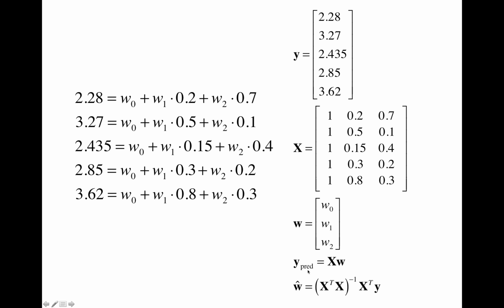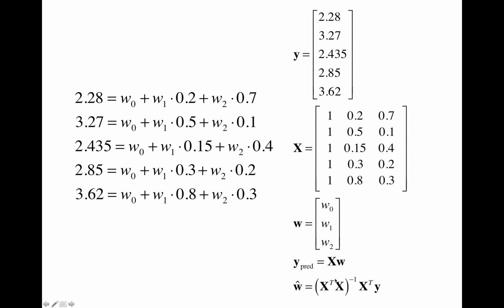We use pred to represent the prediction, right? So if you assume a certain value for w, then you can do this matrix vector multiplication using that assumed w value, because the x value is fixed. And then you're going to generate 5 outputs that are predicted using this assumed w value. And then you can compare these predicted y values with the ground truth y values, and then you can use that difference to set up a gradient descent method to minimize that difference in order to actually improve your estimated